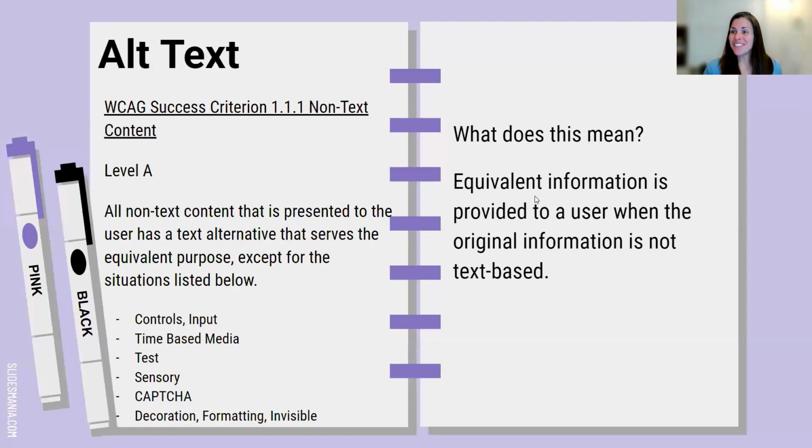Okay, so now we're going to dive into alt text. And I just want to preface this with saying that alt text can be a webinar all on its own. So Lindsay and I are just going to introduce you to the basics of alt text, knowing that this is a much bigger topic than we can cover in our Fast 5. So we're going to start out with the criterion. This is